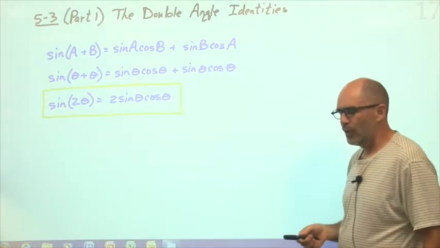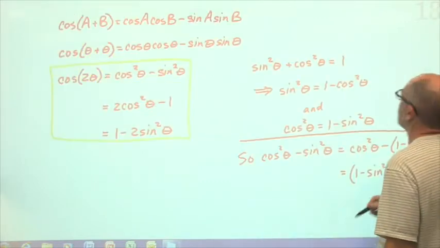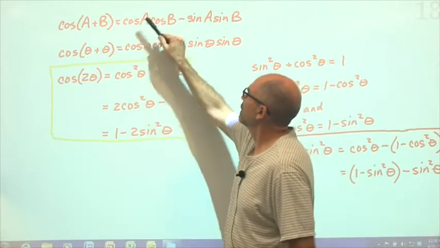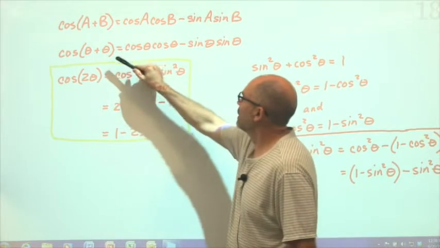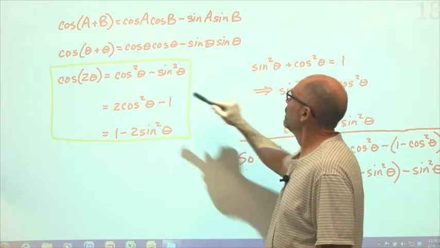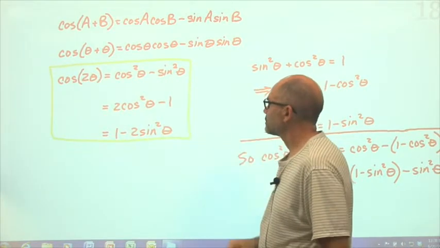Now, let's go on to the cosine of 2 theta. So cosine of A plus B is cosine A cosine B minus sine A sine B. So if we put thetas in, we have cosine theta cosine theta minus sine theta sine theta. So that's cosine squared theta minus sine squared theta. Now,